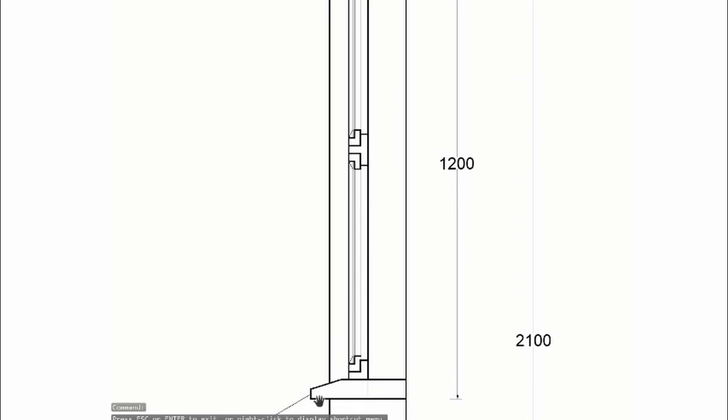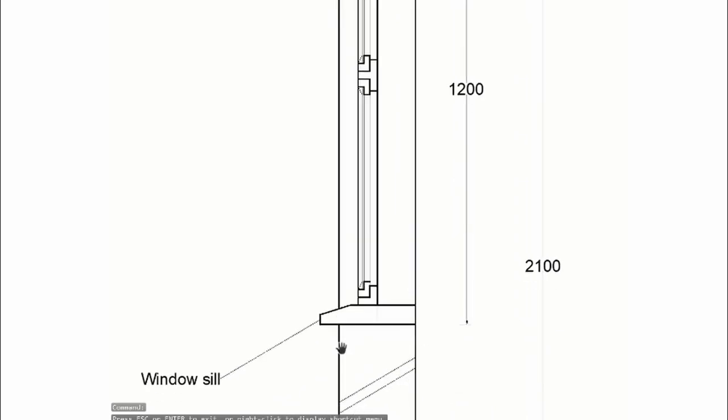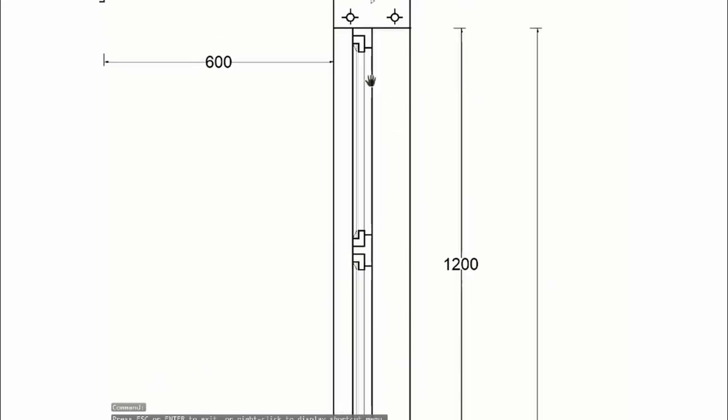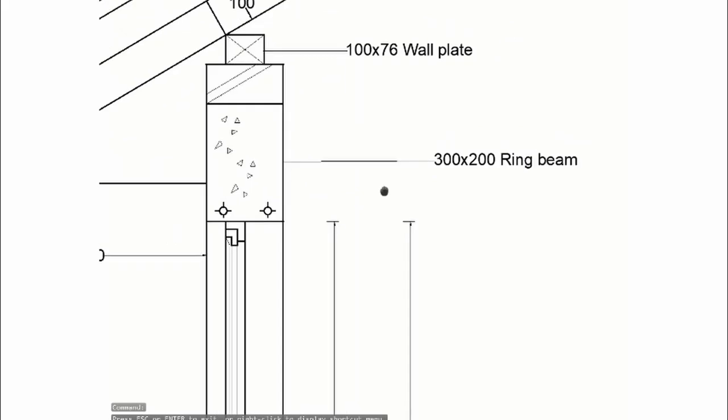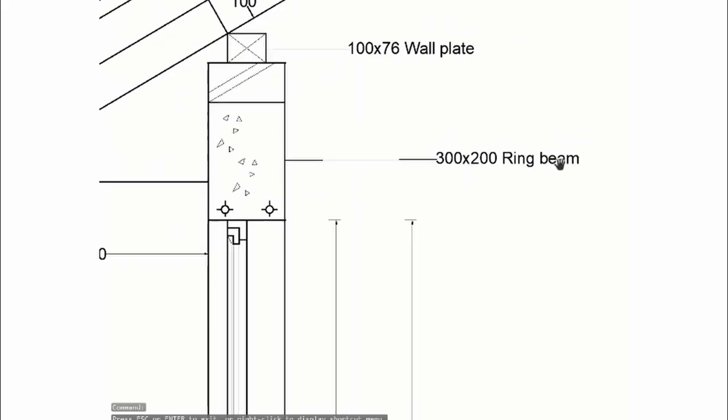Then you can put your window sill there, window sill 50 millimeters by 25, and then with that slope like that, and then we have that window frame and the window shutters there, all the way up there. Then the ring beam is 300 by 200 there,